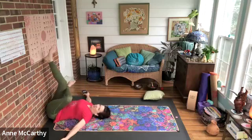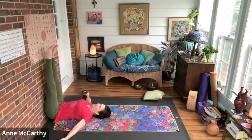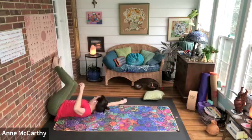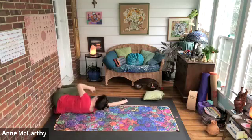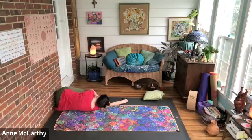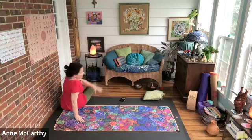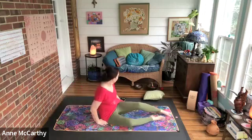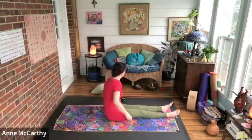Gently unwind if you're at the wall like I am, legs up the wall. If you're on the floor, just stretch. If you're at the wall like I am, go ahead and walk down one side through yogi fetal position. And we're all going to make our way to our backs for a spinal twist. So if you'll go ahead and lie down